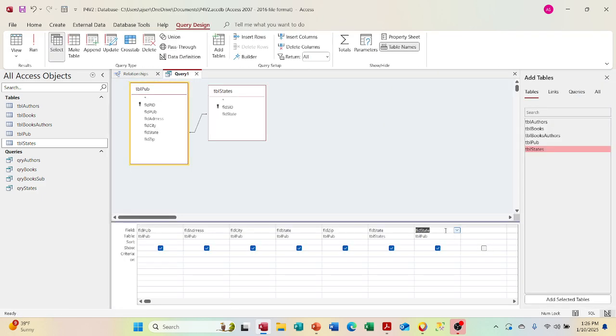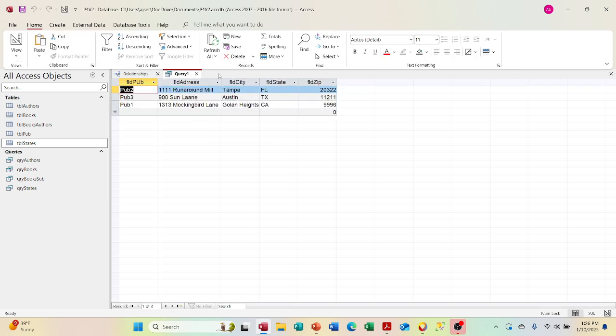Nothing. So the reason being is because the data is already right here. I don't have to look at the states table to create that join. I don't have to do that. It's already in here. So if I want to look and match them, all right,